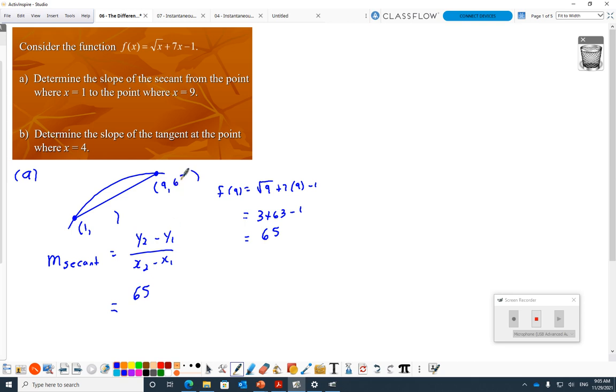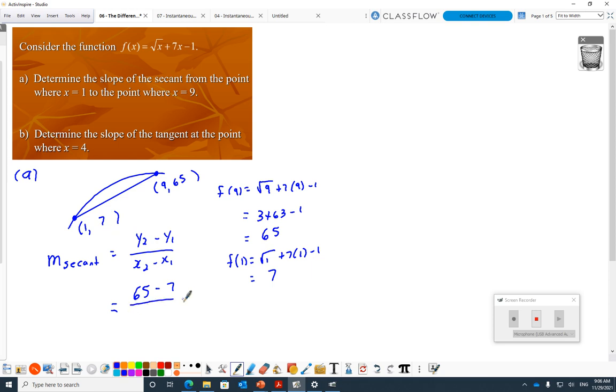Let me fill that in on my picture here so you really get the idea. So that's a 65. Now, find the f value at 1. And so it's root 1 plus 7 times 1 minus 1. I think I get 7 there simply. Not too complicated a situation. This is the kind of stuff you put on that first page of the test, where it's like no calculator. You're like, oh no, no calculator. And then it's like, okay, all pretty straightforward numbers. So that was a 7